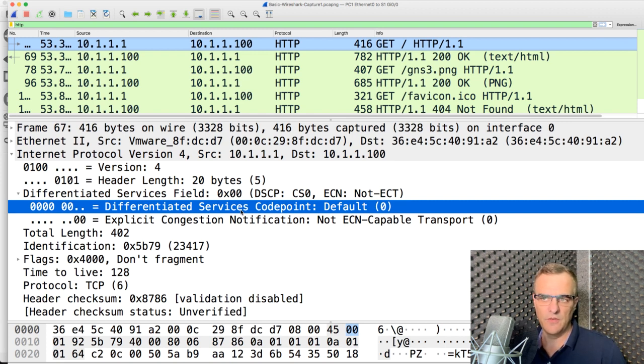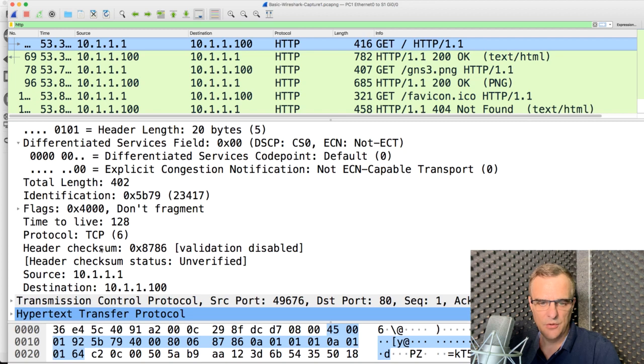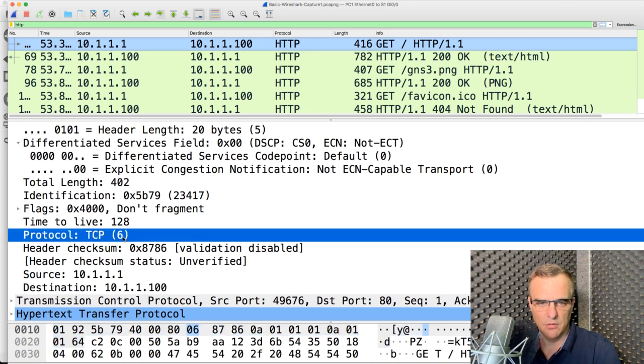So in other words, we could say that voice traffic is more important than FTP traffic. So when you make a voice call, it should be prioritized over file transfer protocol, or FTP, traffic. This is a way to indicate to the network how important the traffic is. A lot of other information is shown in this header, including, as an example, that the protocol used at layer